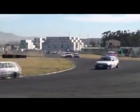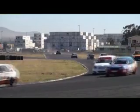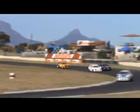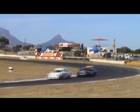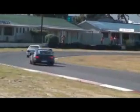Adams Reus is having serious problems. Adams Reus, making his way around here. So he's got a problem with that car. Let's hope he can get that sorted out. Behind him now is Leon Swart, who will be kicking himself for making that mistake there in the West Bank corner. However, the leaders are now making their way down the back main, or should I say the new leader,